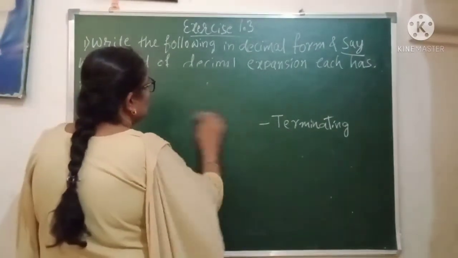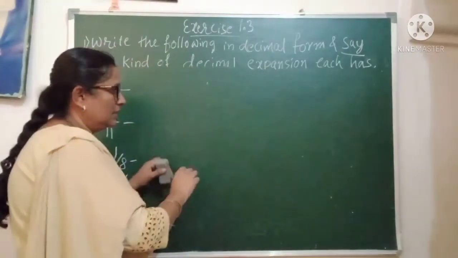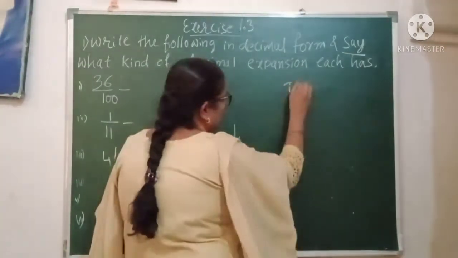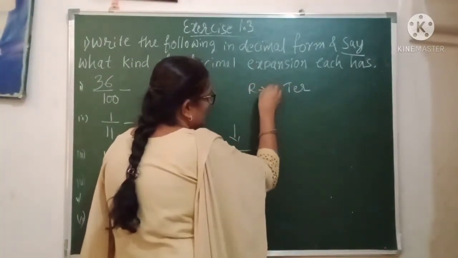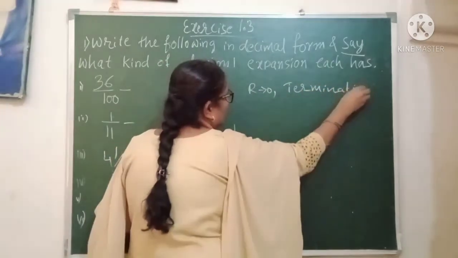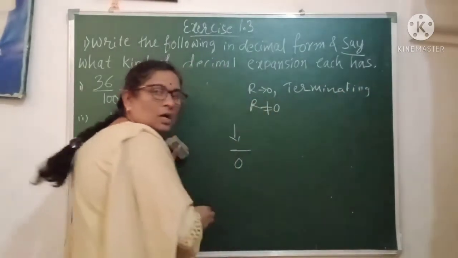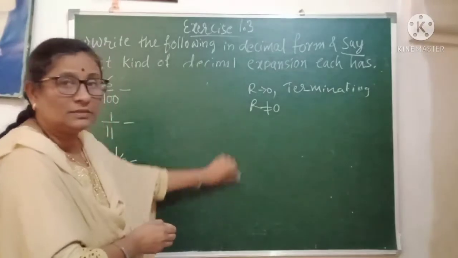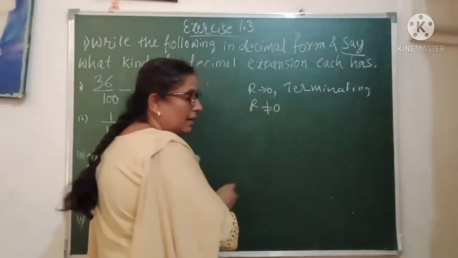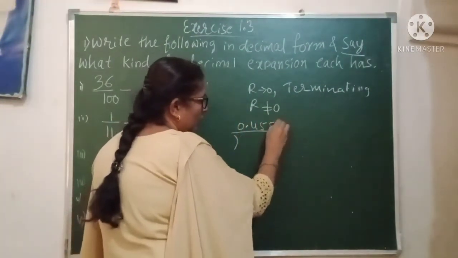In some expansions, the remainder will not become 0. You might have seen. I will not explain in detail because previously I explained this one. If the remainder becomes 0, we call it terminating. Sometimes the remainder will not become 0. It doesn't mean that you are calling them non-terminating. If the remainder is not 0, what happens in the quotient? You may get something like this: 4, 5, 5, 5.